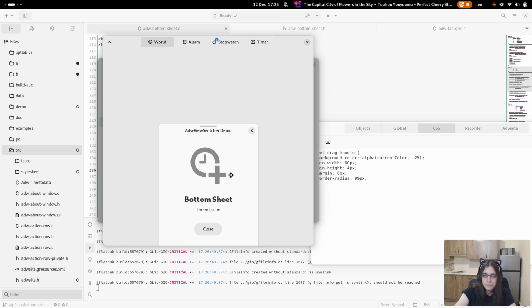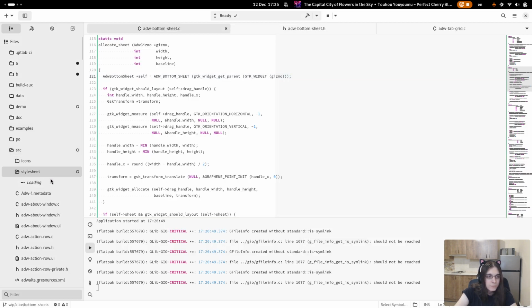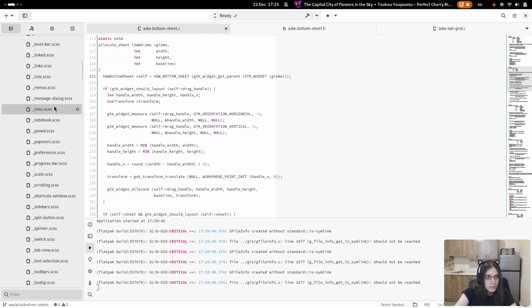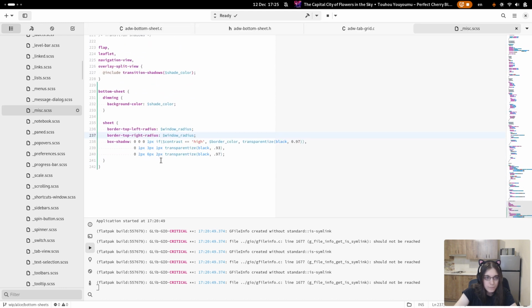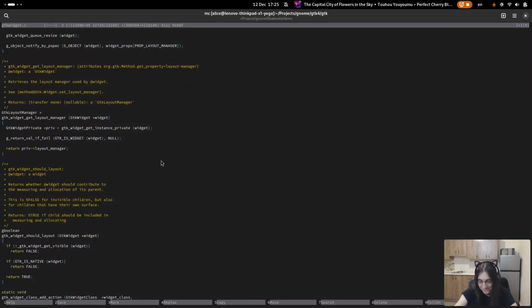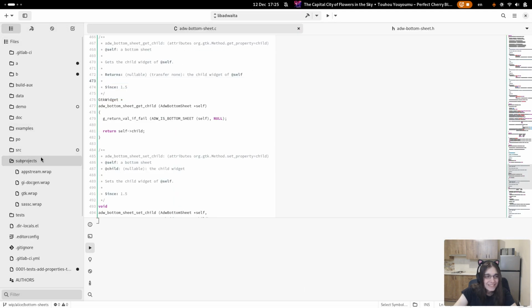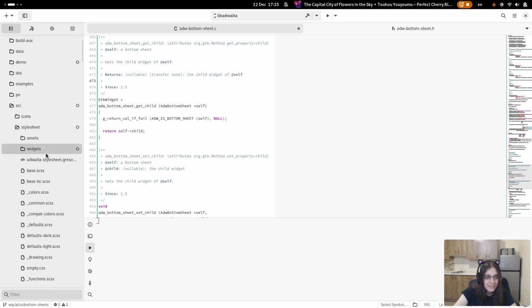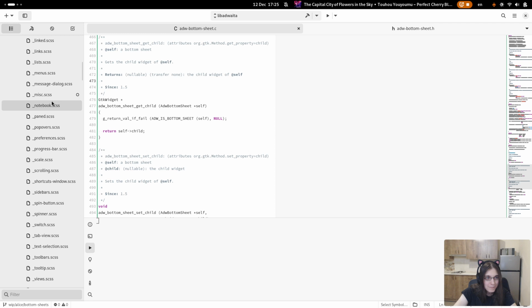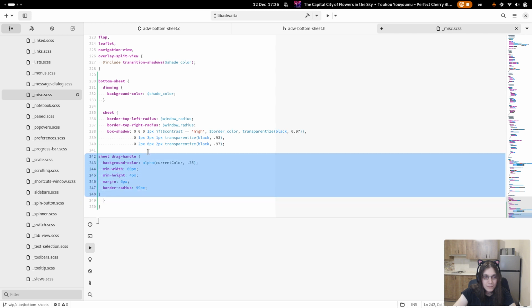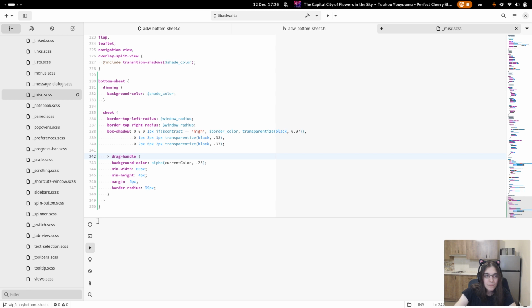Yeah, I think that looks fine. Okay, so we get a blend of outfits, GTK alpha now.